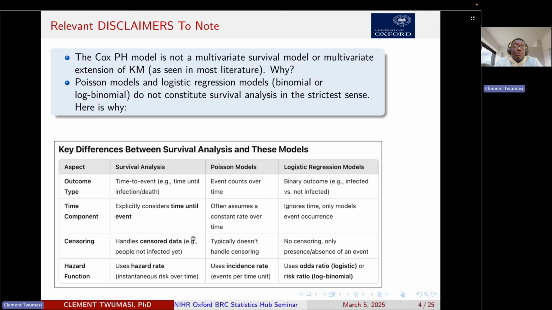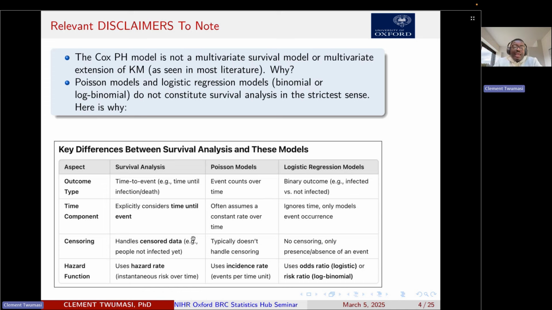And censoring is something that we often even need to achieve before we can do survival analysis. This is to say, within your study period, not all individuals would experience the events of interest. So if you're looking at time to death from a certain infection over a certain period of time, individuals who experience the event are uncensored, but those who remained alive within the study period become censored at the final time point. And basically, those individuals who did not experience the event within the study period are known as